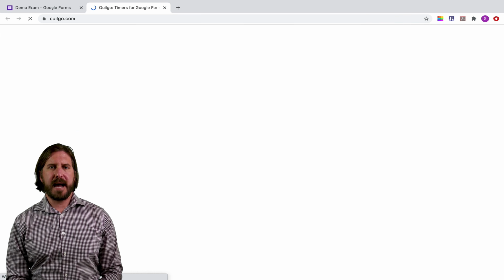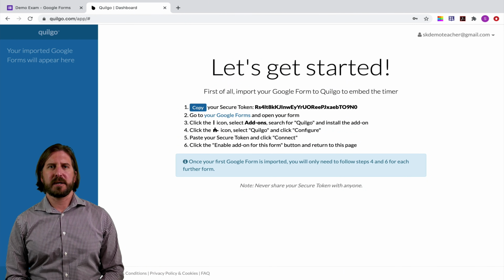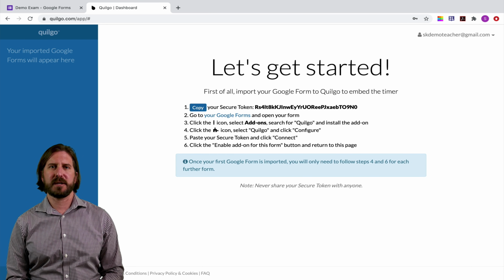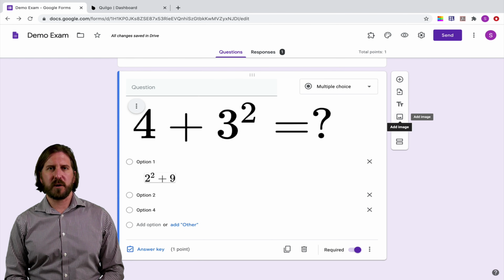And then for this add-on, you'll need to go through a process of setting up an account. After you've set up that account, you'll see that the first thing you need to do is copy and paste a secure token back into Google Forms. You basically need to do this in order for the form to communicate with that account that you just set up. So here I'll click Copy, and then back on Google Forms,